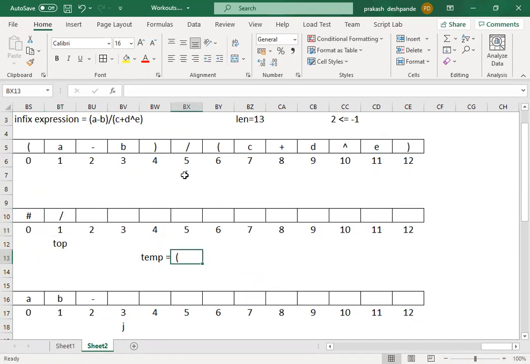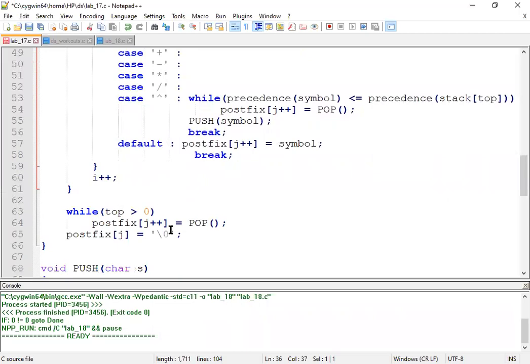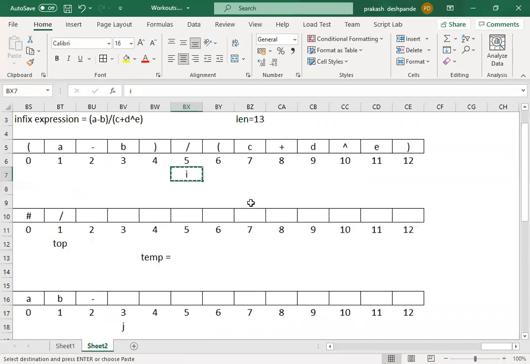Let me remove the unwanted content from the tracing. This also we don't require. Once that is done, the switch case will get terminated. Again I++ will happen, so I will get incremented to the next value. Now let us be a little quicker in tracing the code.